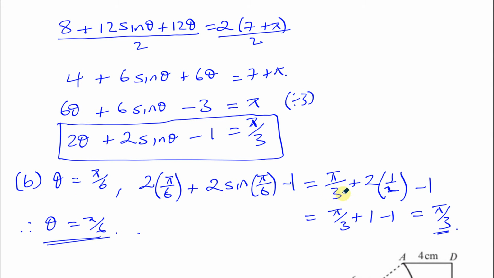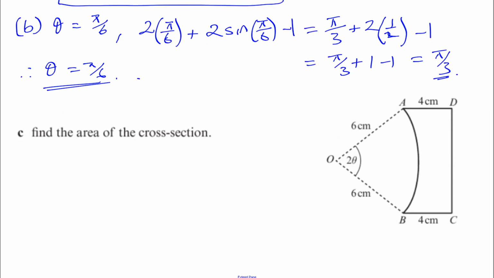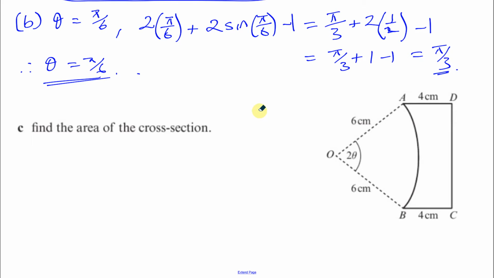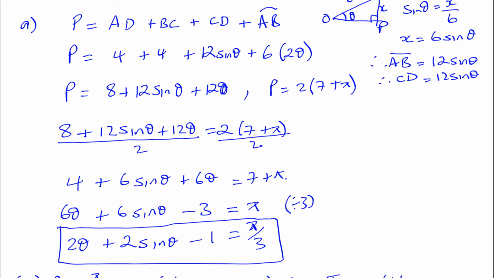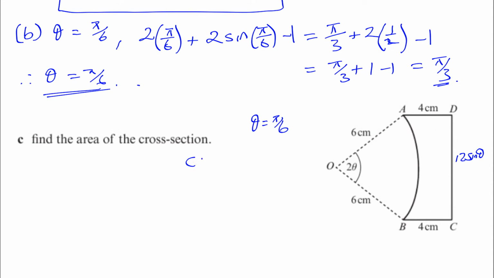Because it satisfies that equation. Alright, then it says find the area of the cross section. So we now know that theta is pi over 6. We also know that the length CD was 12 sine theta. Okay, let me just confirm that. Yep, 12 sine theta. Okay, so that means CD is going to be 12 times the sine of pi over